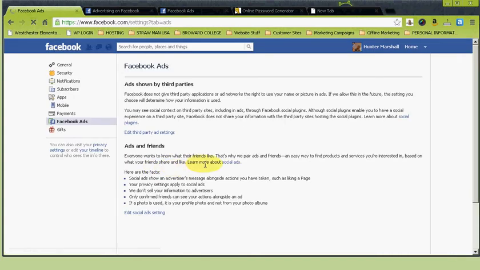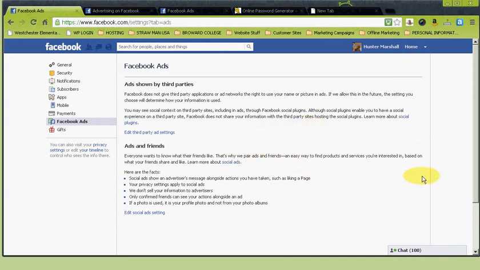Next are Facebook ads. Now, this has been a hotly debated issue more recently. If you've ever looked over to the right, we're not seeing any here because I'm not on my home feed, but you'll notice that from time to time, if you're on your home page or in your feed, you may see little ads pop up here to the right. Of course, Facebook does